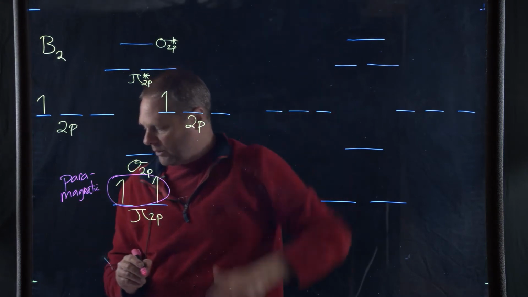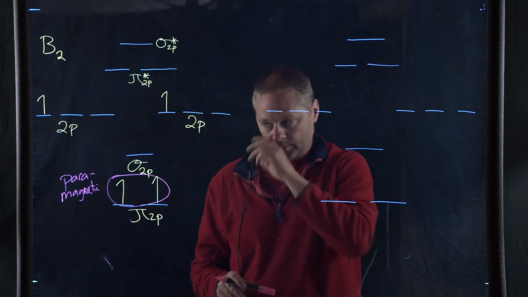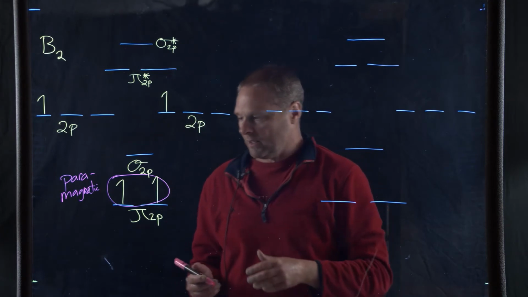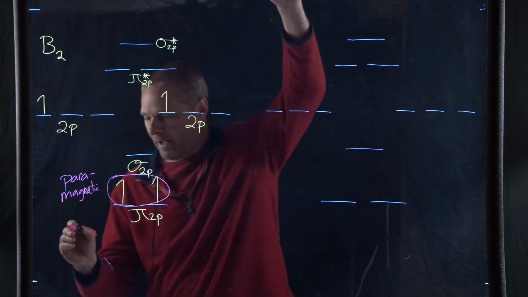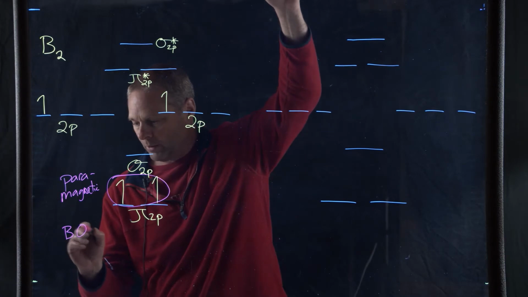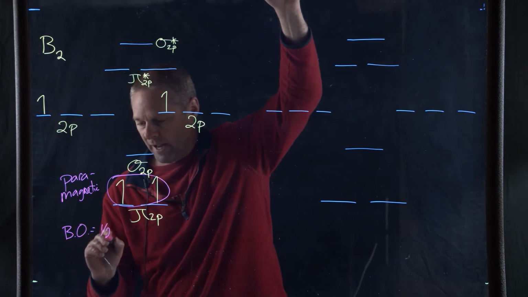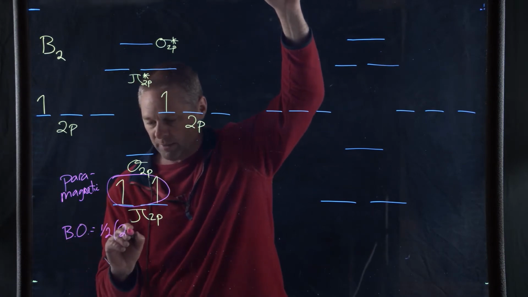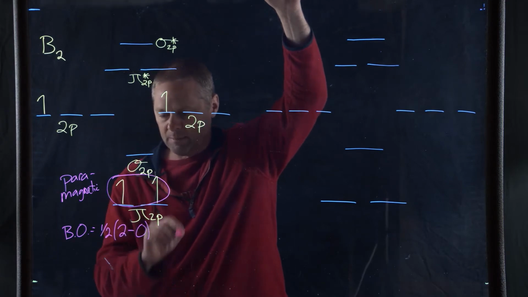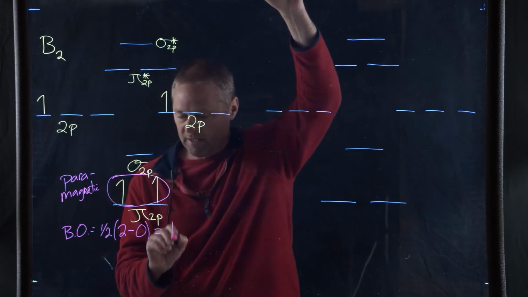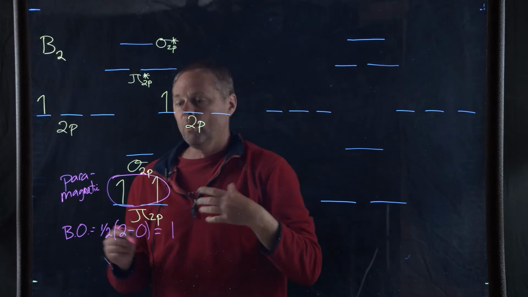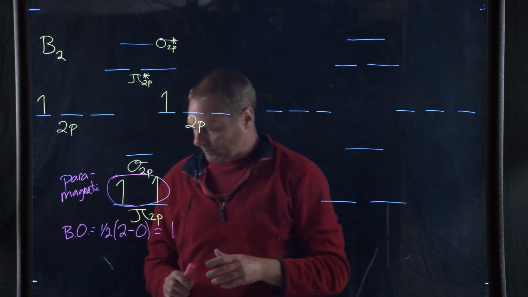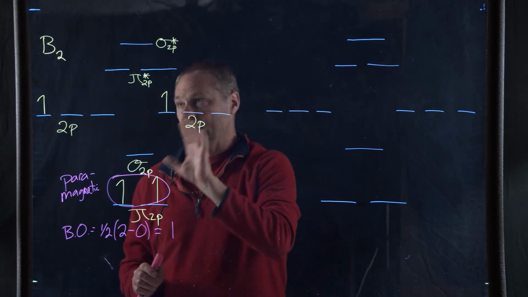And that means it's going to be attracted to a magnet. Now, if we want to come up with the bond order for this, it's going to be equal to 1/2 the bonding electrons, which is 2, minus the antibonding electrons, which is 0. This is going to give us a bond order of 1, which tells us that there's going to be a single bond